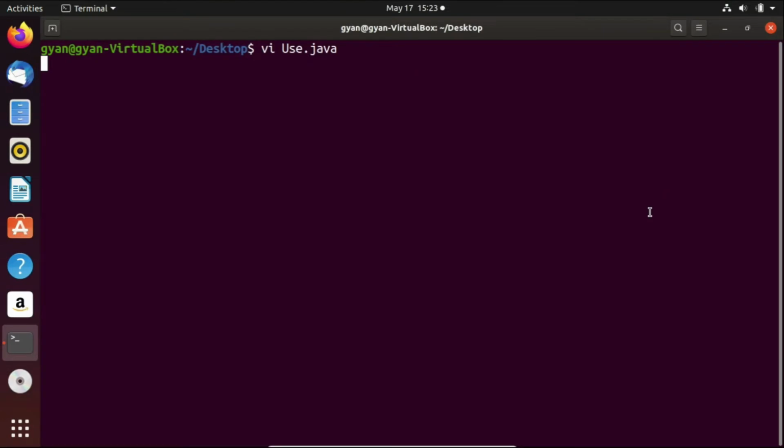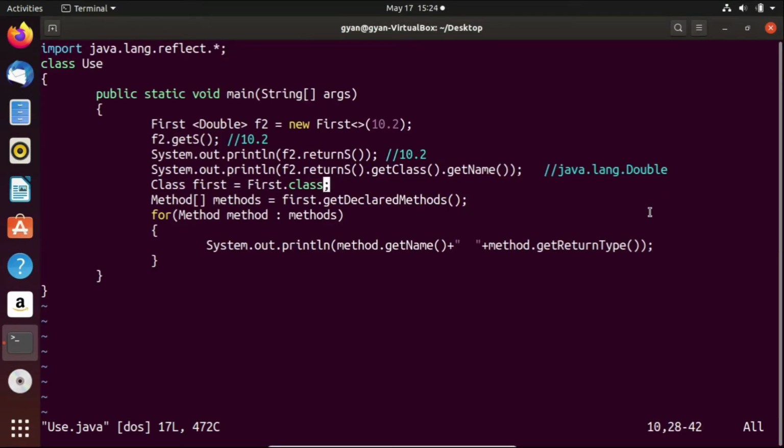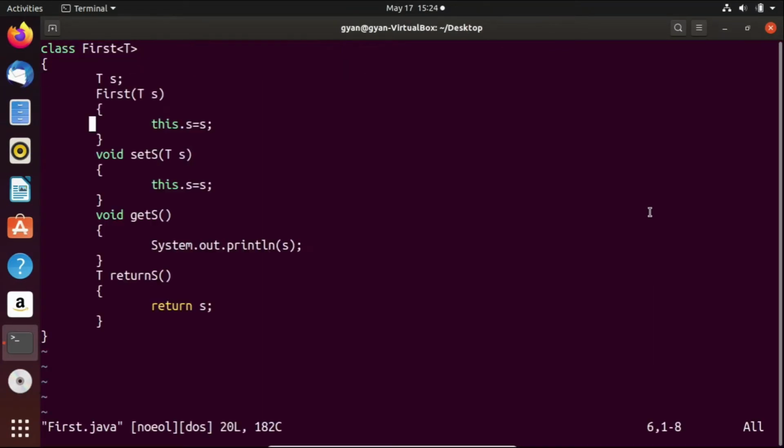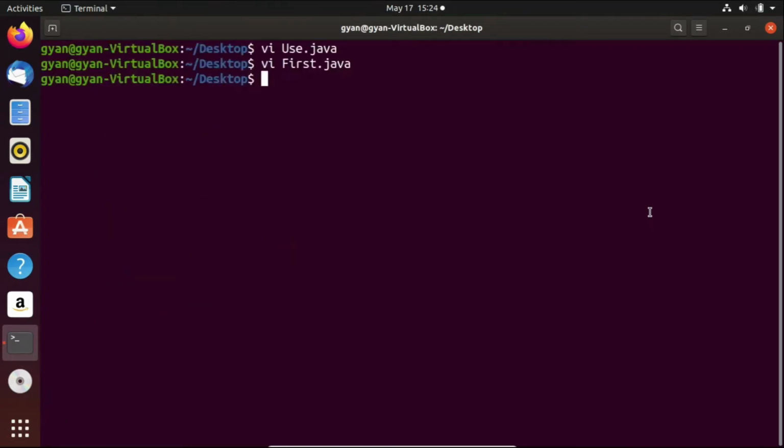Open Use.java, and this is the same code as we have seen. Open First.java, and this is the same code as we have seen. Try to compile these two codes: javac Use.java and First.java. Compiles fine. Now run it: java Use.